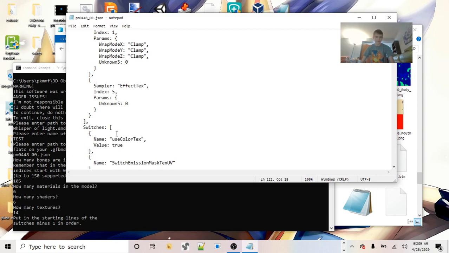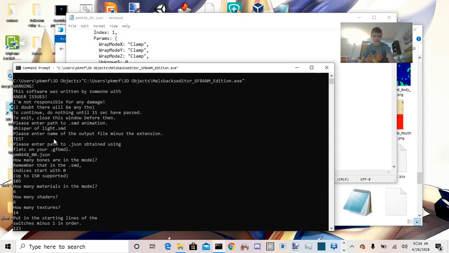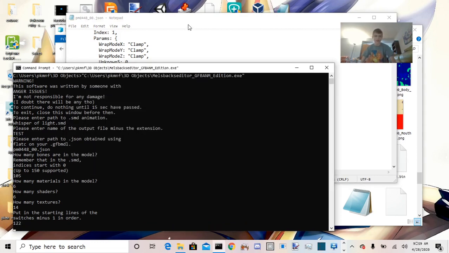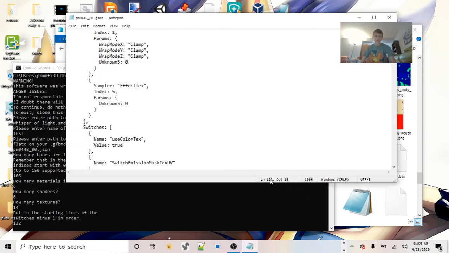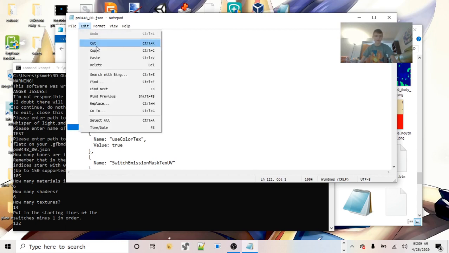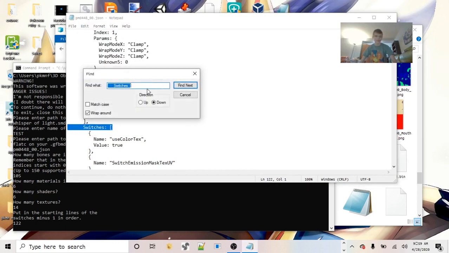It says -1, so not the line with the first curly brace, but the one that comes right before the first curly brace. So 122. No, not 23, 22. There. And you see, like it says down here, a notepad. And now I recommend using the find feature to find the other lines. So let's see, find